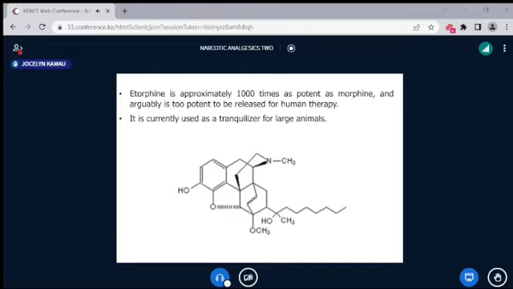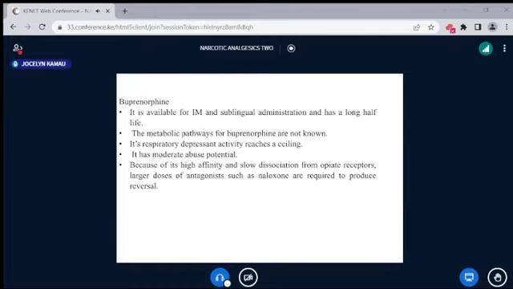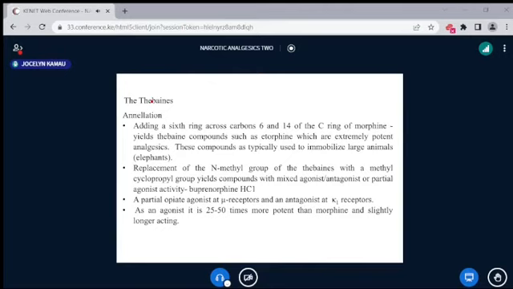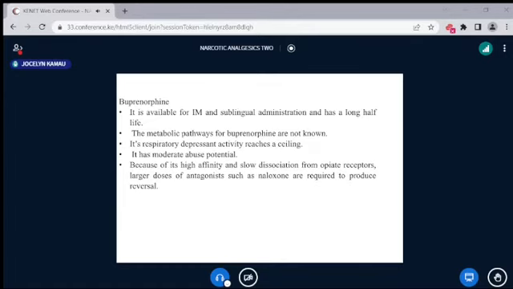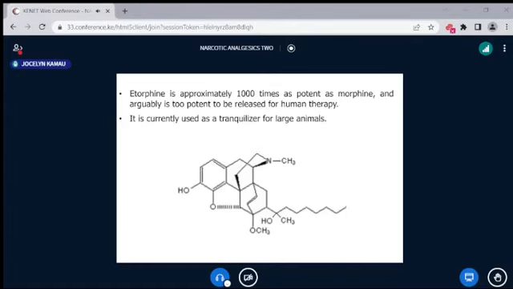We have added a ring, and that's what we are calling an annulation. So I wanted us to note that. Of course, they have also made some other structural changes to get the compound we are calling etorphine. But the main change is the replacement of the N-methyl group of the thebaines with a methylcyclopropyl group. Again, remember, at the nitrogen of etorphine you can see you have an N-methyl. So we are saying you replace it with a methylcyclopropyl group, then you get a drug called